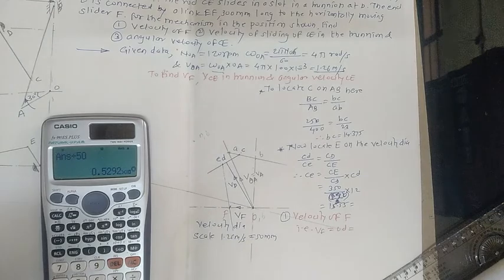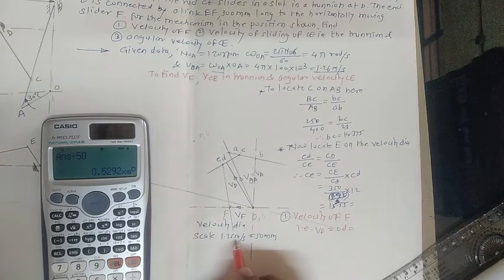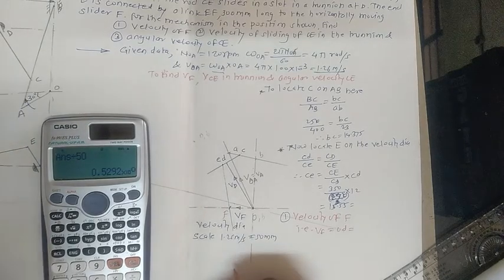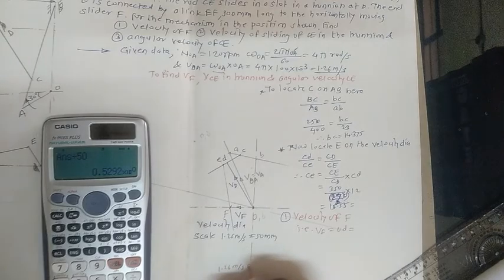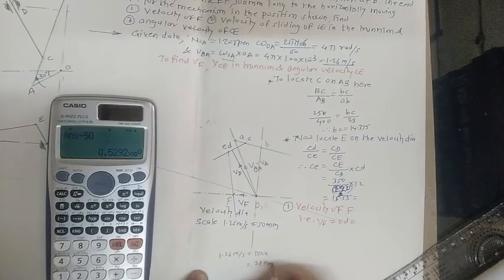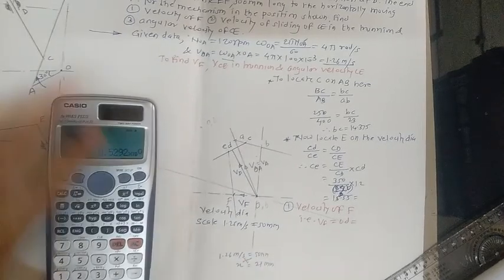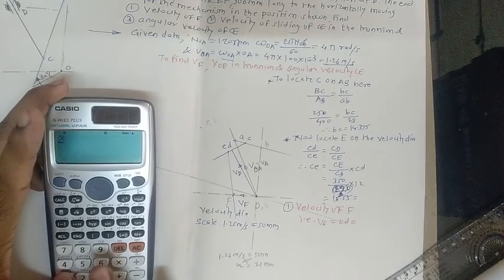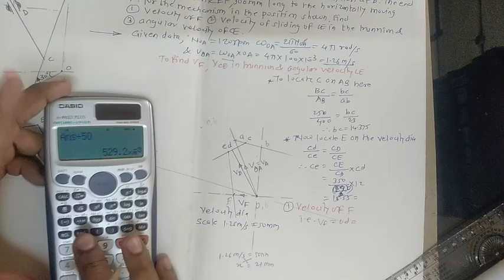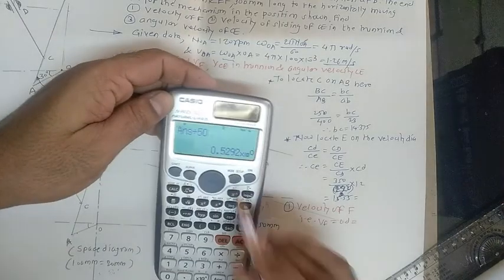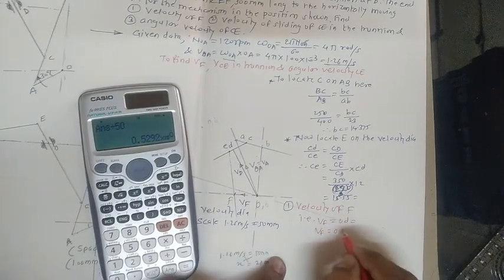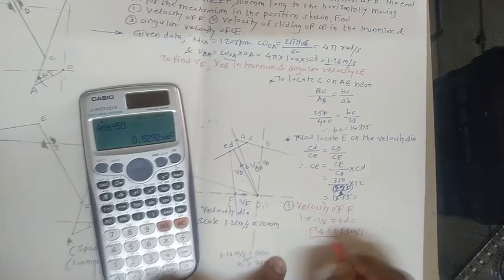So as per scale we are considered here for this 1.26 meter per second equals to 50 mm. So we can get by cross multiplication in this way 1.26 meter per second equals to 50 mm. So how much is for the 21 mm? Okay, so in this way if you do the cross multiplication you can get 21 multiplied by 1.26 divided by 50. So we can get near about 0.53. So here we can get the velocity of F equals to 0.53 meter per second. Answer for the first point.